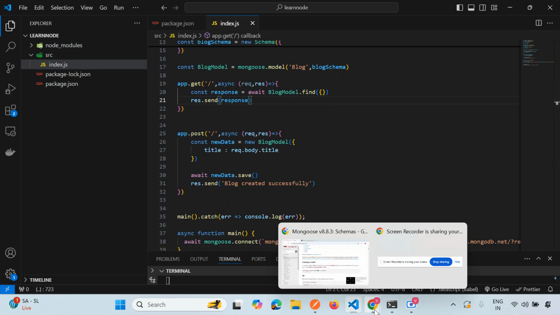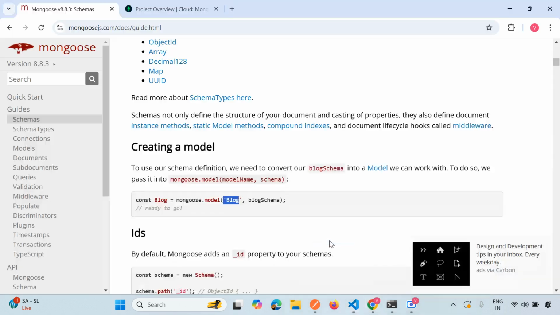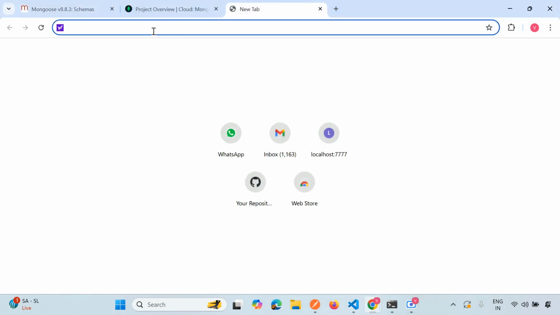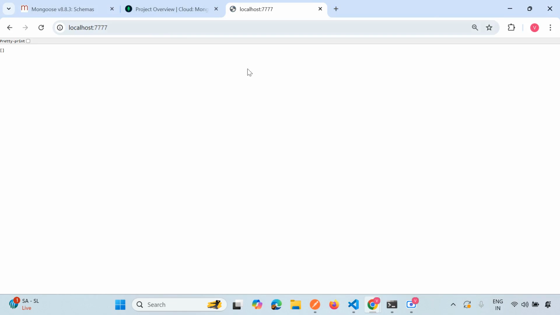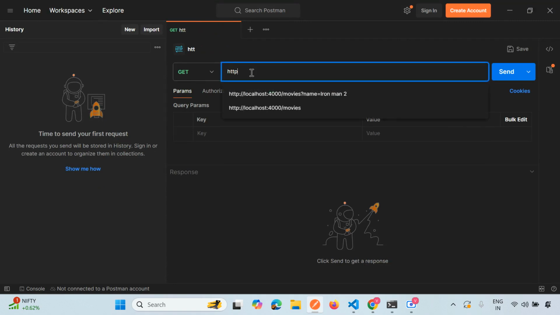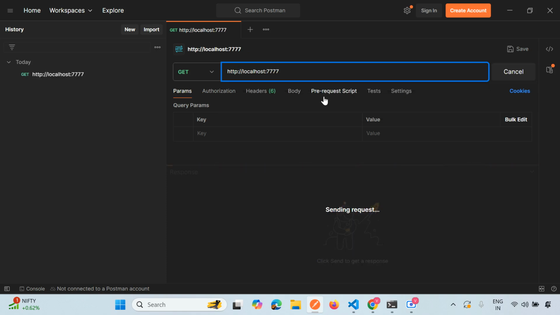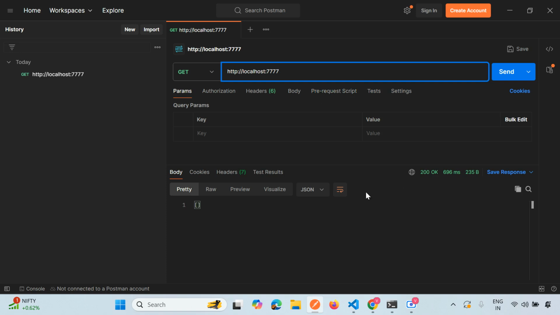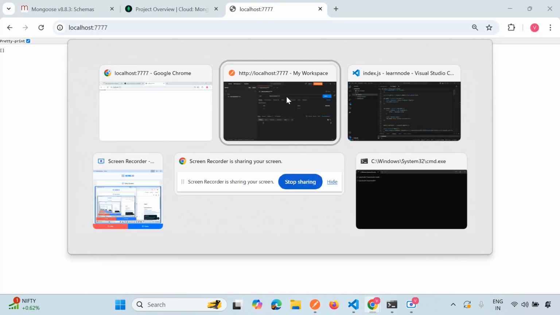Now let's try hitting 777 and see what response we are getting. Localhost 777. Since no data is saved, we are getting an empty response. Actually, you can test this in Postman. Since I'm listening on port number 777, we get an empty response. Okay, good. To save,